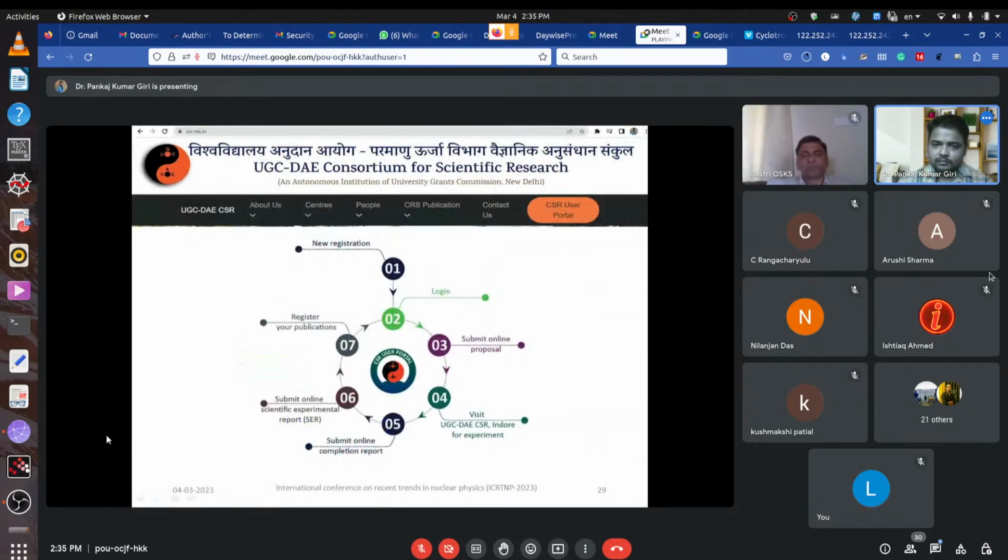And if someone wishes to avail of these facilities from UGC-DAE CSR, there is basically a 7-step process. First of all, you can visit the csr.res.in website and register yourself on the CSR user portal. Then you can apply; there are 2 categories: a one-time research proposal and a long-term research proposal with funding for 3 years. Then you can apply for the particular facility you want. Then you can have this facility free of cost, of course.